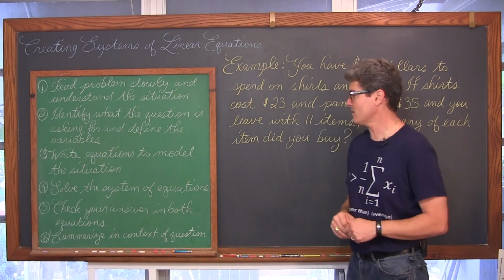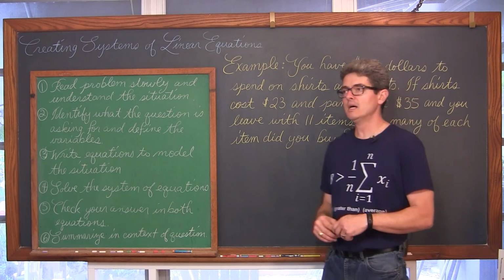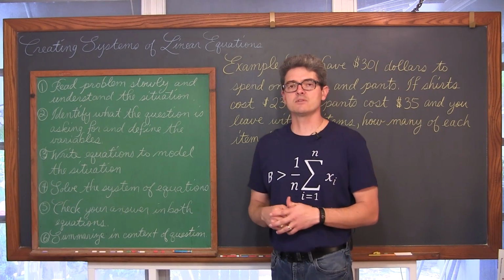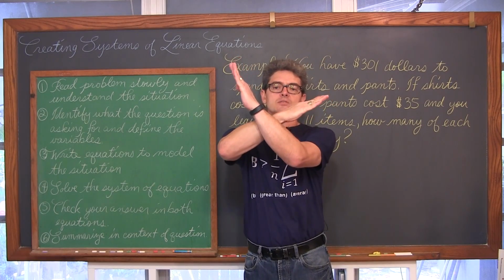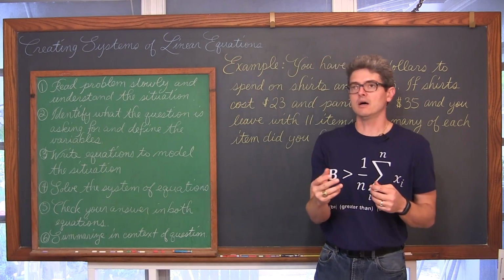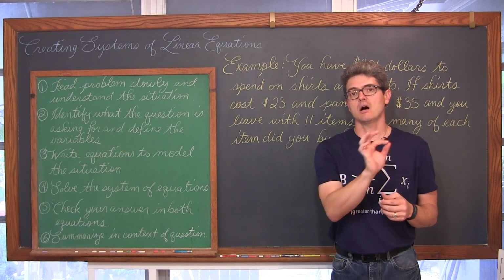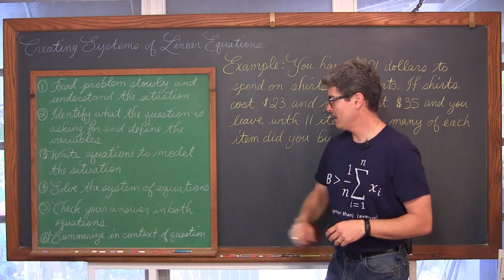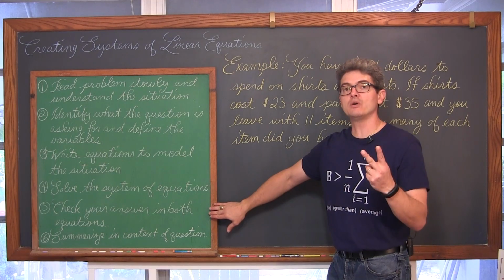We're going to be checking our answer in both of the equations. When you're talking about linear systems of equations, you're trying to find out where 2 lines cross, and thus if they do cross, you'll be looking for that unique x, y coordinate. And that's why you want to check your answer in both of those equations.